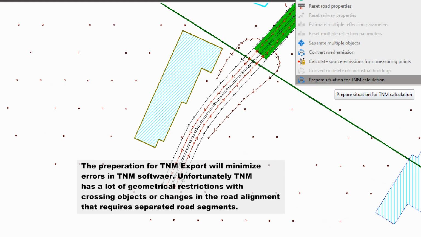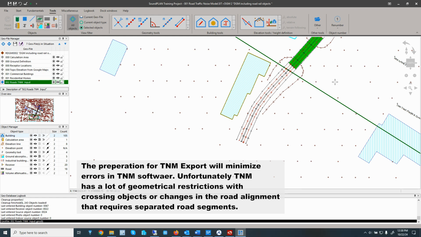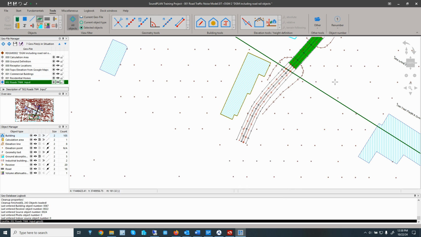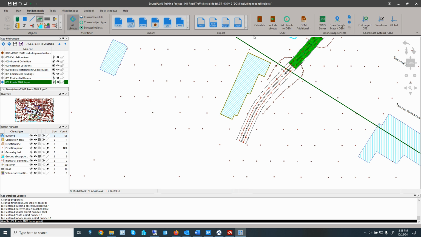That will make sure that there are no lines that are crossing each other, like roads over roads, or elevation lines over roads, or elevation lines over barriers. All of that gets cleaned up and saved in this project, and then you can go back to the fundamentals and export to TNM 3.1 or TNM 2.5.